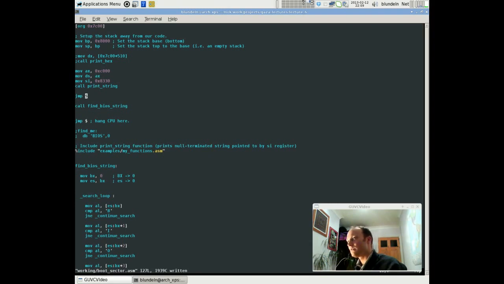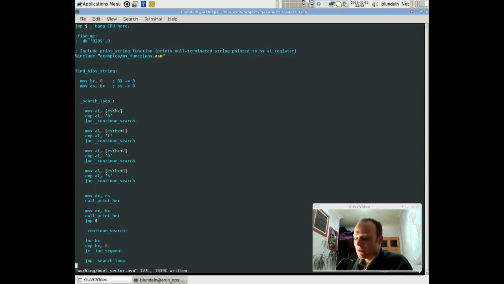Right, let me just recap on that, and then you can think about it. I wanted to find a string in memory. I wanted to see if there was any interesting strings that we could look at in the BIOS areas of memory. So I wrote a search function, and the way the search function works is